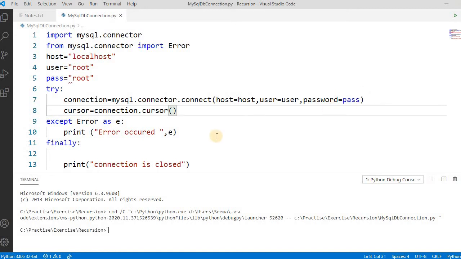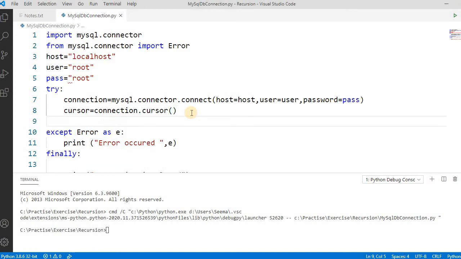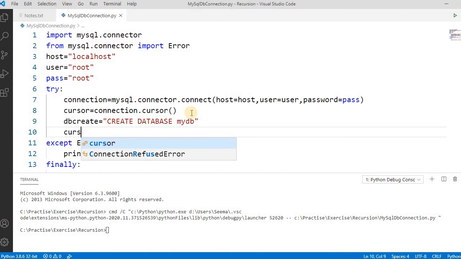Okay, we have to create the database, so let's create something like db_create, then select or create database, say my database or MyDB. Simple. Okay, now cursor.execute, and then pass this db_create. Okay, simple. Let's run this.